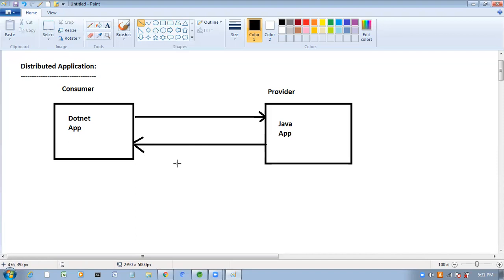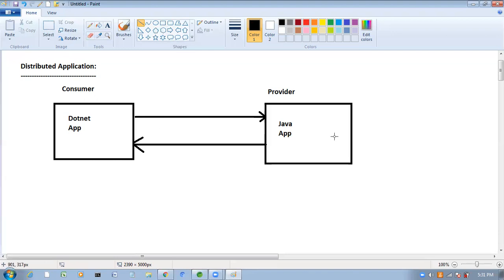If one application is communicating with another application, it is called a distributed application.